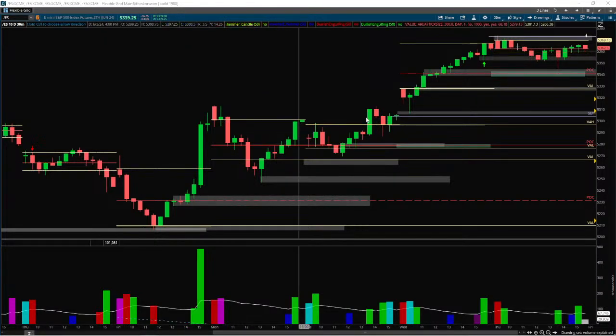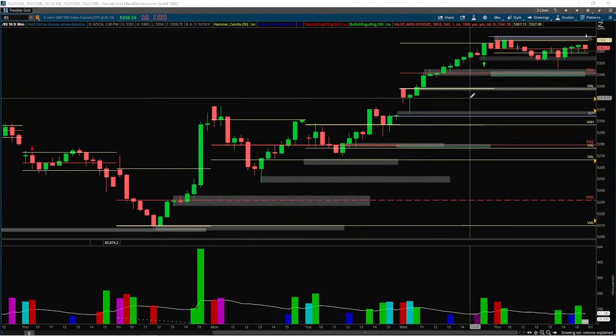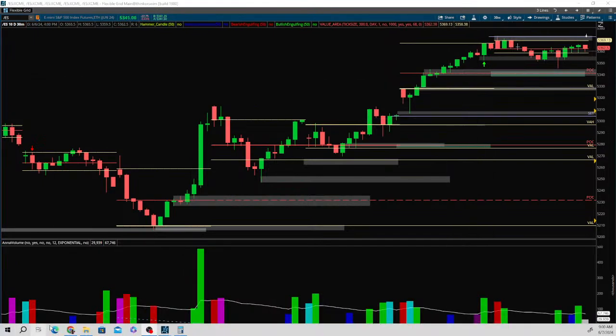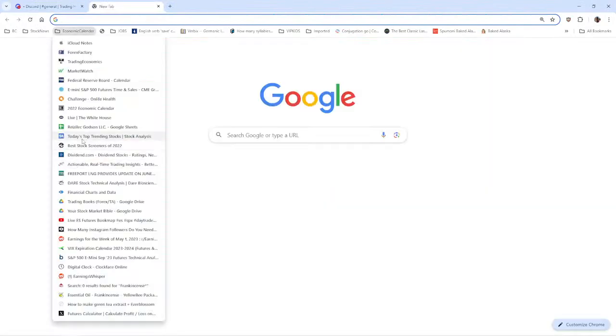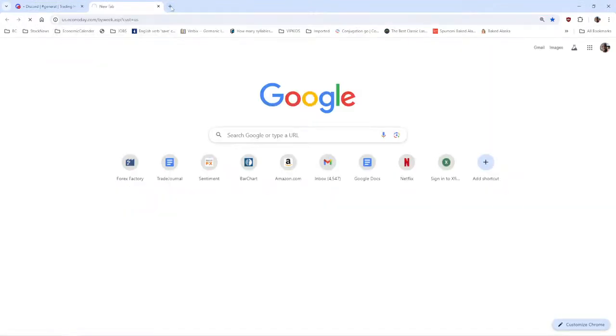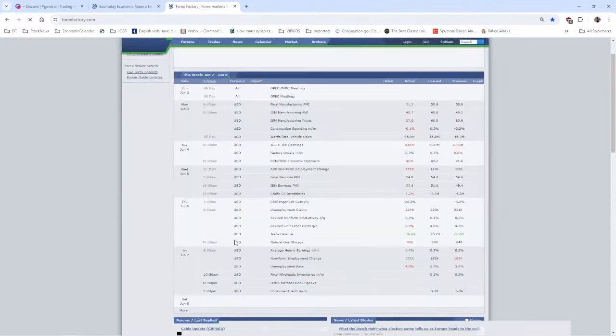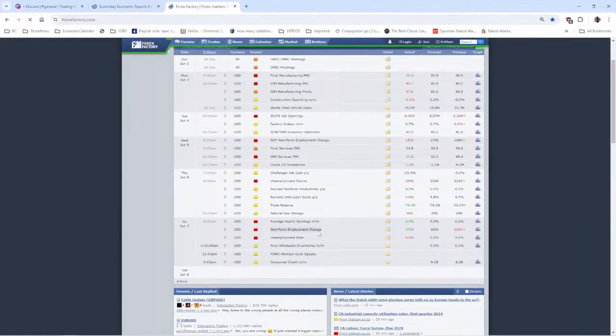All right, so this is the pre-market setup. As per my last video, we are trading way down here due to the news that came out at 8:30. Do I have anything up for that news? Here, the non-farm payroll, or employment situation, but I believe it's also NFP on Forex Factory. Yeah, the non-farm employment change, and also the unemployment rate.